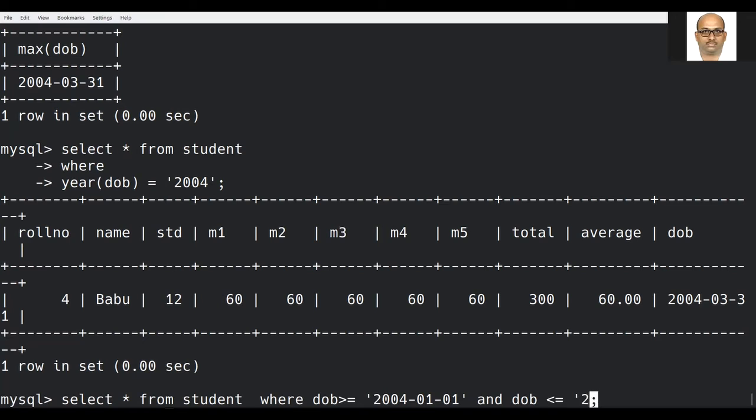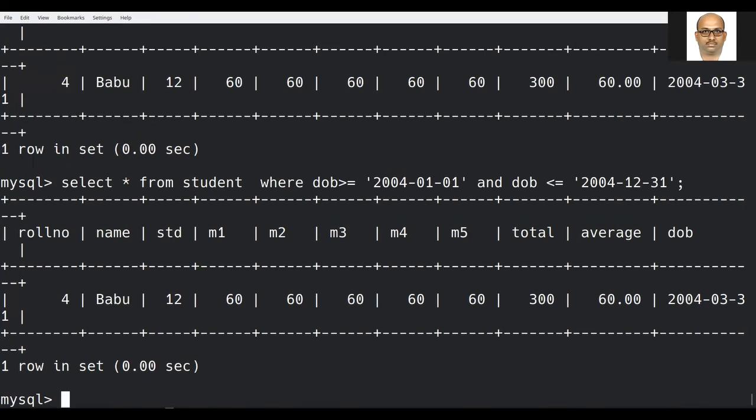They will be giving such a long query. See, for this one also I am getting the same result. Some people will be using between there. So my intention is, who are the students who were born in the year 2004?